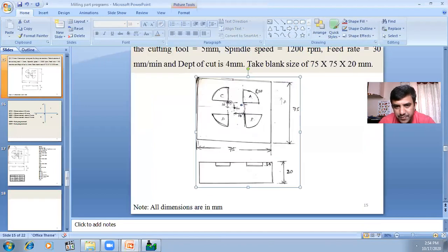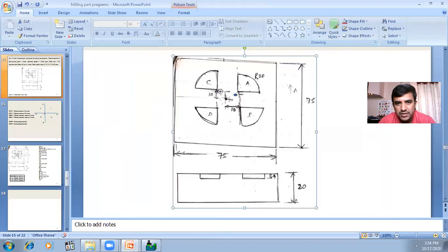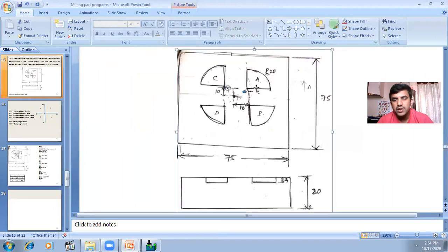Okay, 1 minute. Now the contour here has linear motion, then you go for circular motion, then again linear motion. It is semicircular, right? Not semicircular. It's a quadrant, a quarter of the circle, right? Now how does the cutting tool move here?